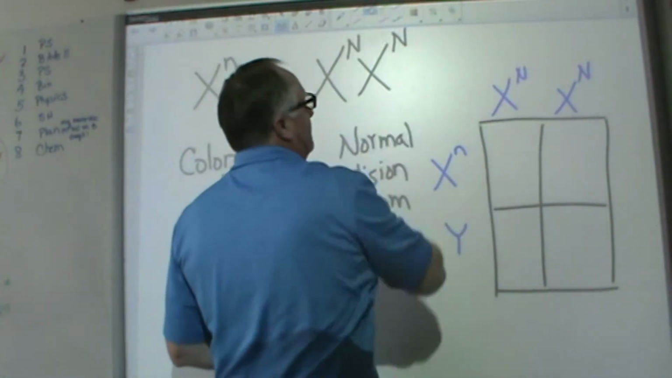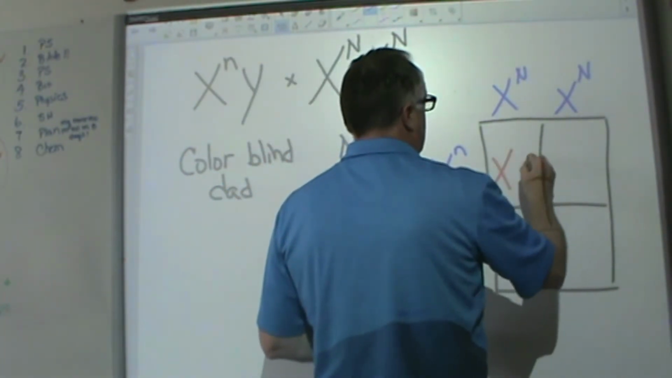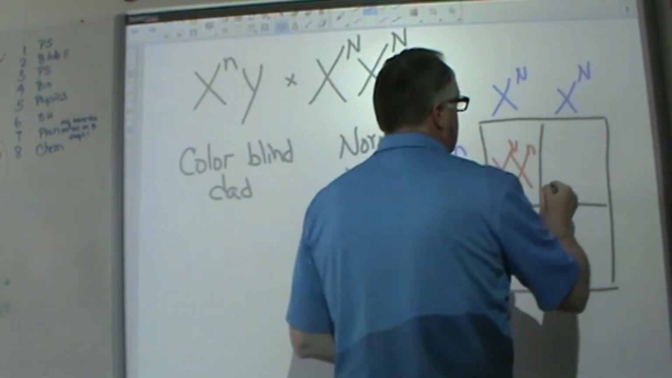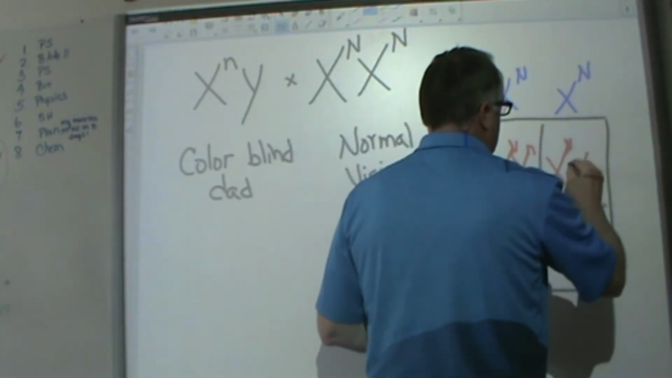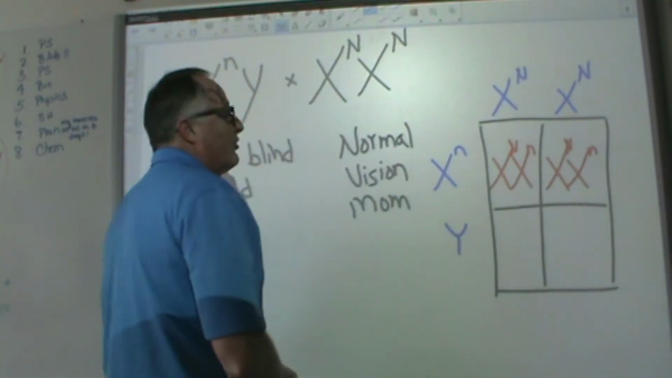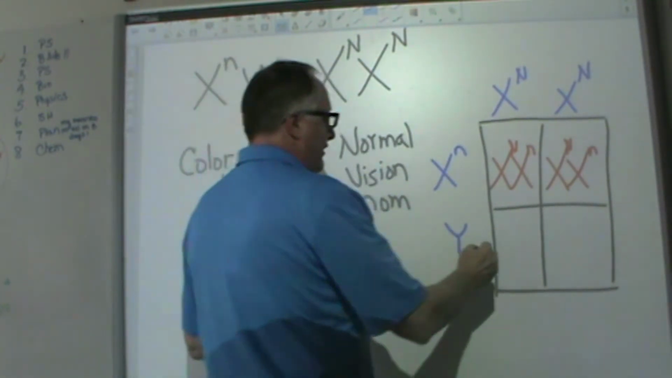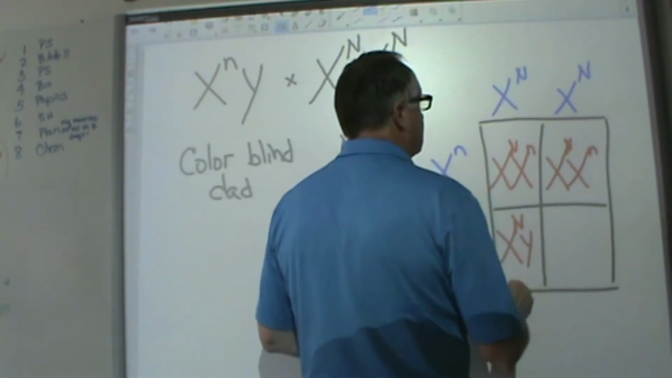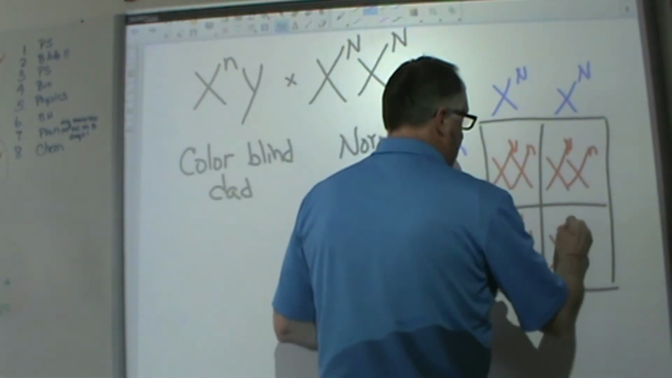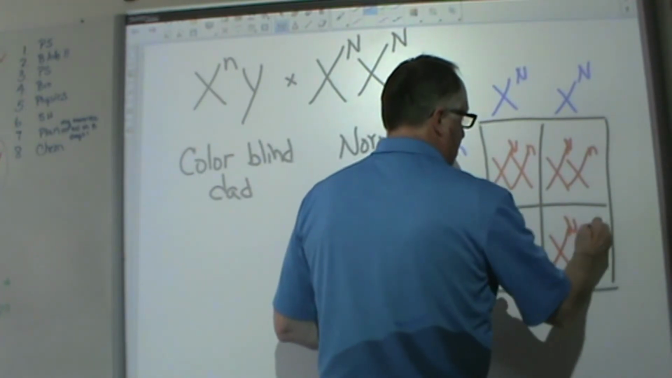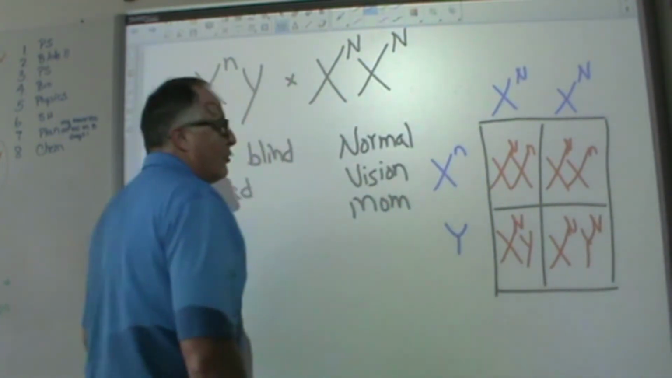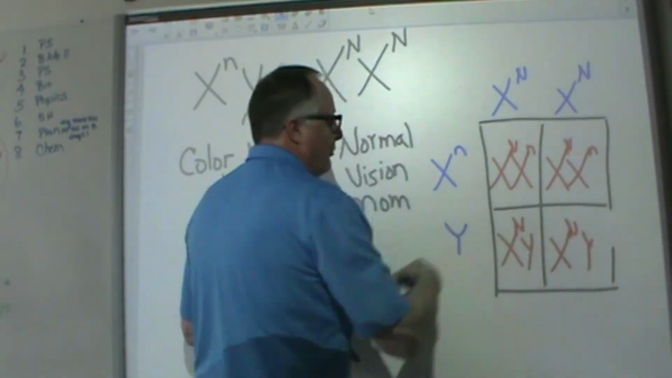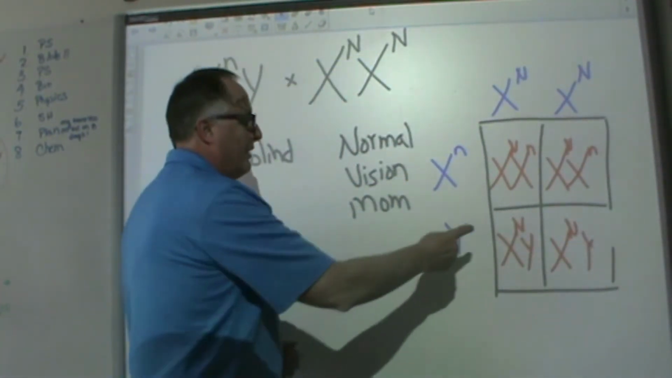So we're going to get a normal vision daughter, but they're both carriers, and then we get a normal vision son, and we get a normal vision son. All right, now that Y isn't supposed to have that on there, but